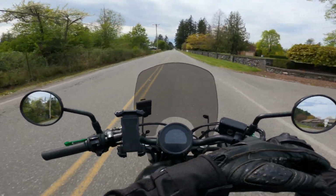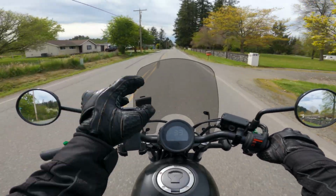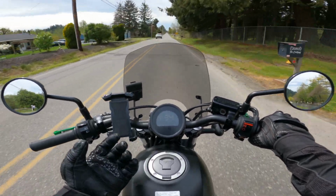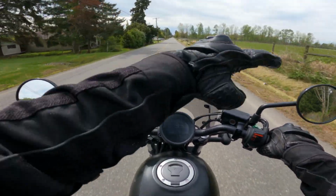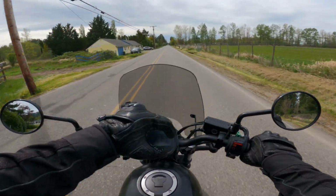So when I'm going straight, I feel like I can see as much as I need to. I mean, it does kind of cut off. It's weird. It doesn't really remind me as much of a car headlight system where I feel like it kind of just illuminates everything. There definitely is this really straight line cutoff,